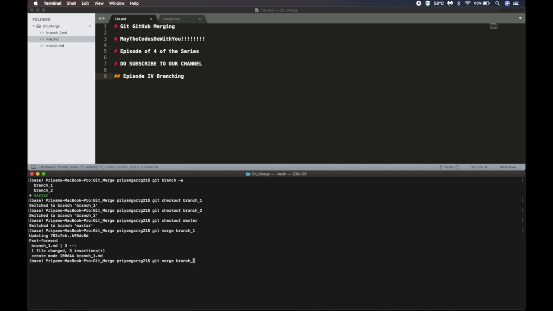Let us merge another branch, the second branch, that is branch 2. You can see the second branch is also merged, and the second branch's contents are also being shown in the master branch. The only difference here is the message that is shown, that is, merge made by the recursive strategy. It is because in branch 2 there was no file like in branch 1. So when branch 2 is merged to the master branch, it is seen that there is another file present in branch 1. That is why it is merged using the recursive strategy. So this is how merging works.